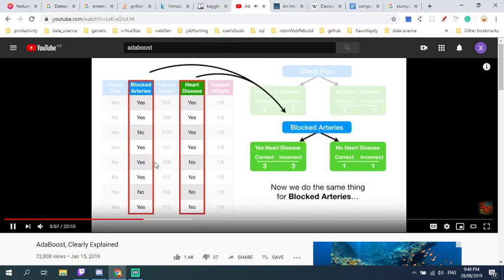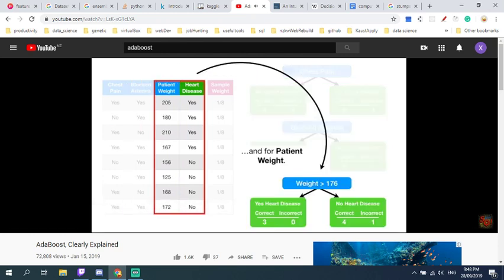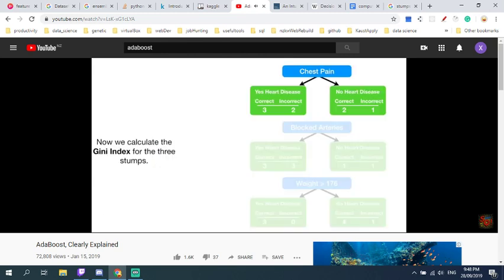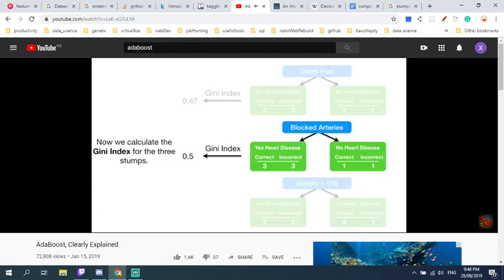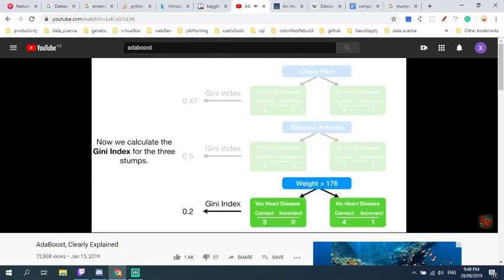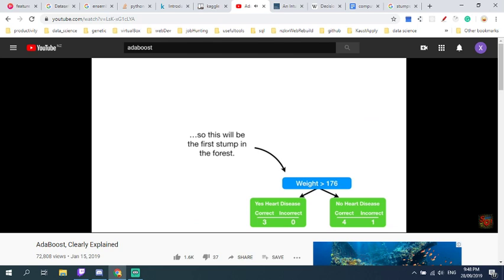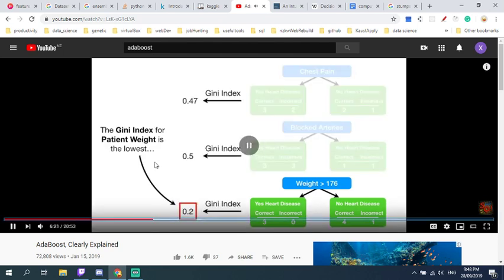Now we do the same thing for blocked arteries and for patient weight. Note, we used the techniques described in the decision tree StatQuest to determine that 176 was the best weight to separate the patients. Now we calculate the Gini index for the 3 stumps. The Gini index for patient weight is the lowest. So this will be the first stump